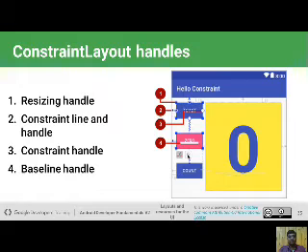Next is constraint line and handle. A constraint line creates a relationship with other components using the constraint. Then the constraint handle and baseline handle. The baseline handle is at the end of that component, and you set this.